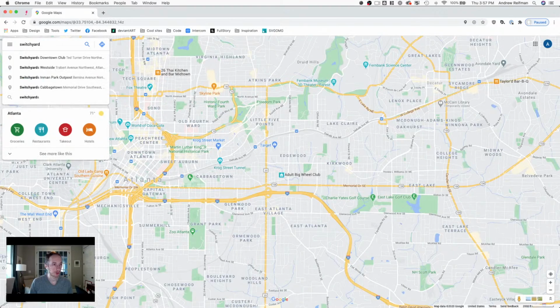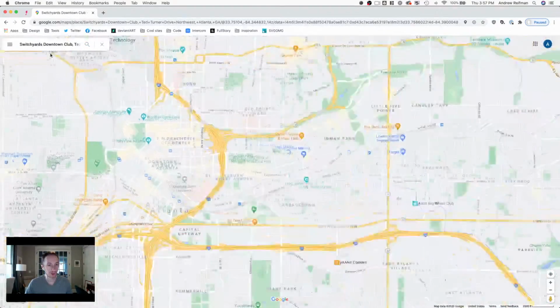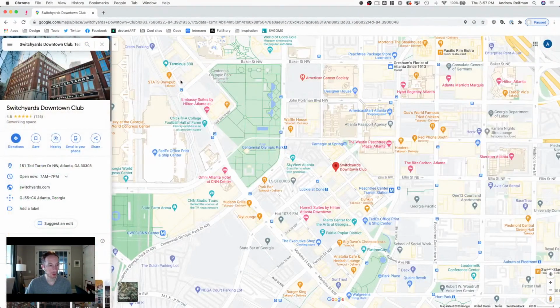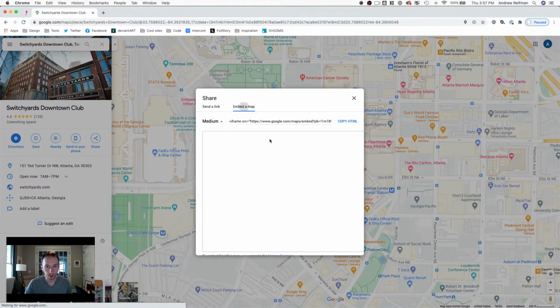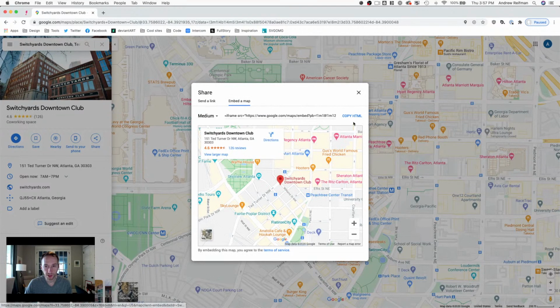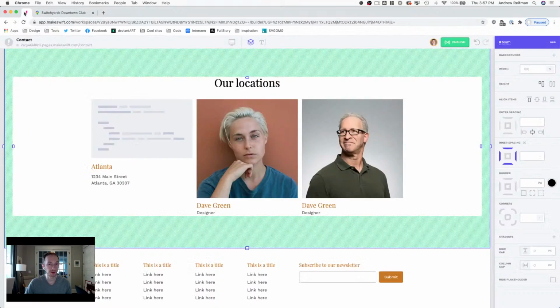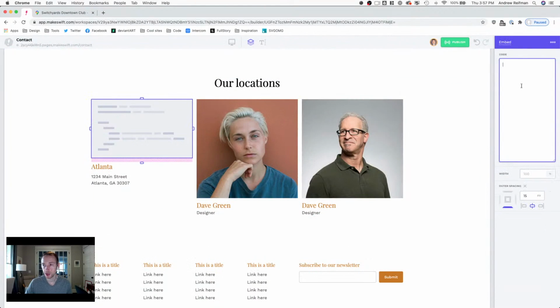Let's use our friends at Switchyards here. This is where we used to have an office. And I'm going to share this. I'm going to embed the map. So I want to grab this and I want to copy this HTML. And I'm going to go back to Makeswift. I'm going to paste that into